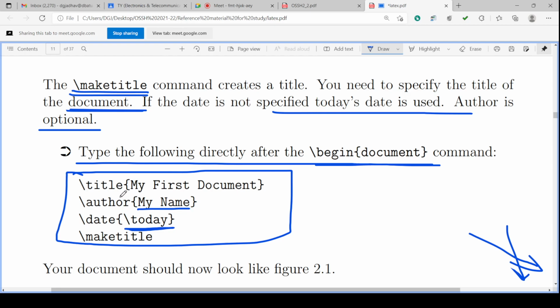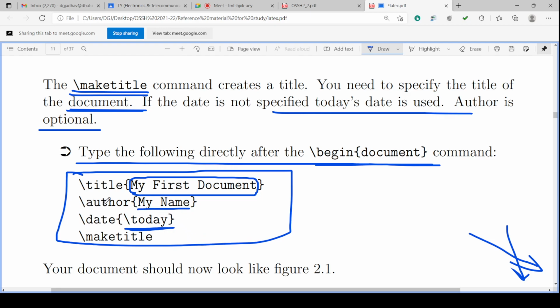If you put "project report", this text "my first document" you can replace with what? Project report. So what will appear on the title? Project report, isn't it? Instead of that, you can put "industrial training report". So what will appear? Industrial training report. So this is the title.